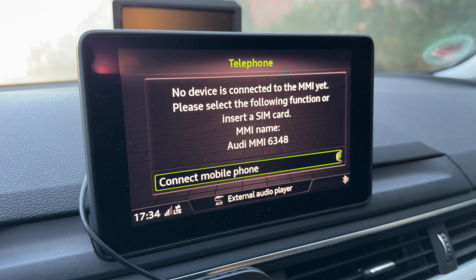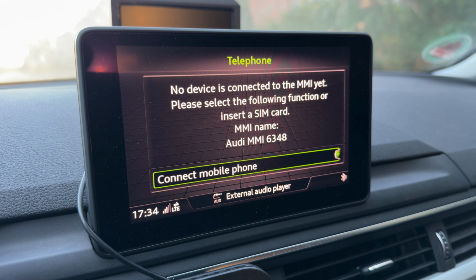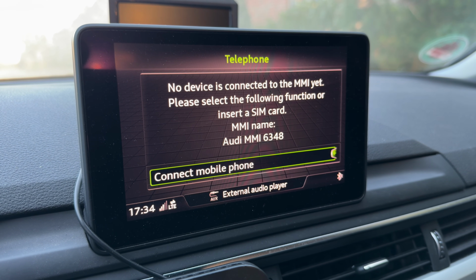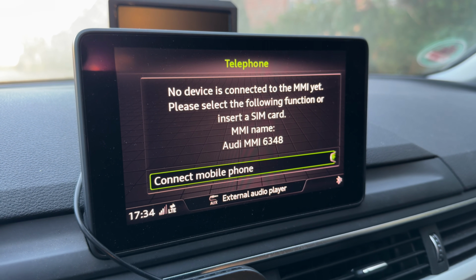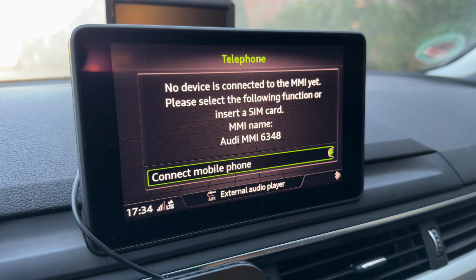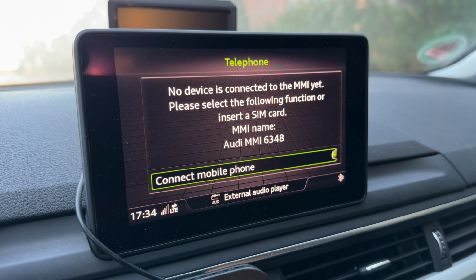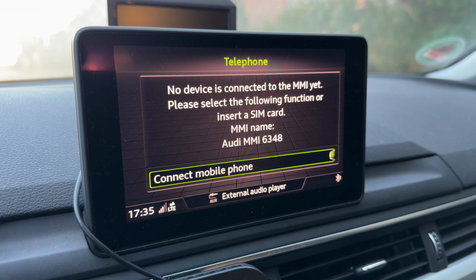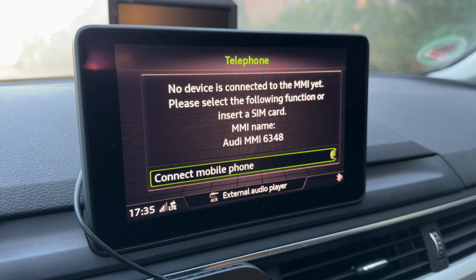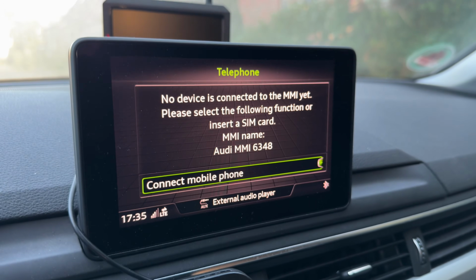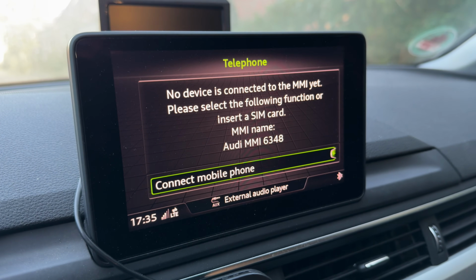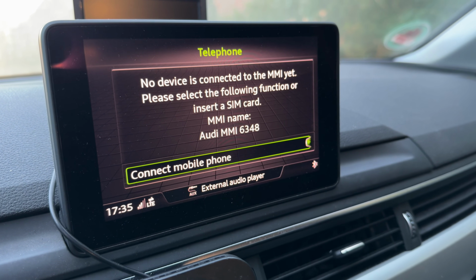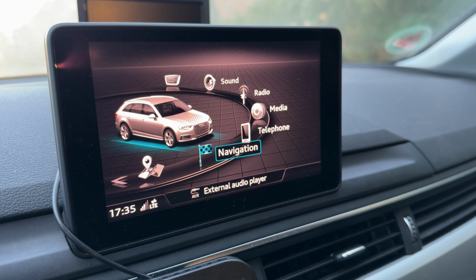Then we can go to the telephone section. We can pair this car with a smartphone, for example via Bluetooth. Of course, we can also use this car to provide a Wi-Fi network. And you can use your mobile phone, for example, for addresses and navigation, where you'd like to navigate to, and something else is possible there. Then we have the navigation itself.